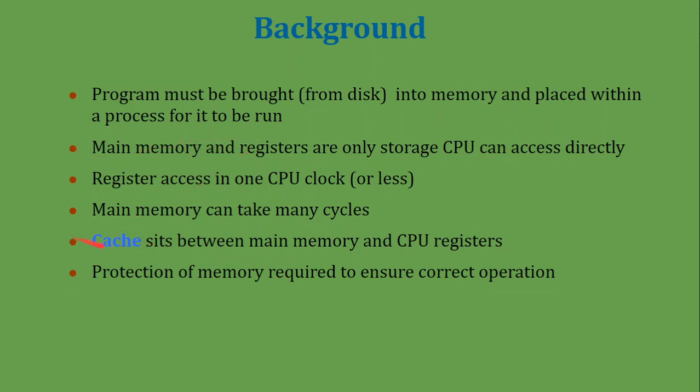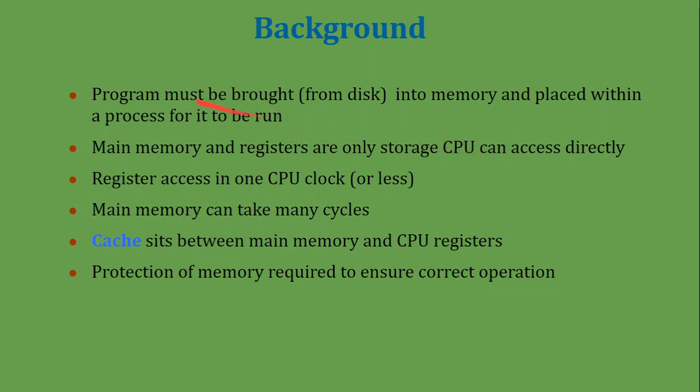So what is cache memory? It is between the registers and the main memory. That means the size of the cache memory is a little bit bigger than the registers, but smaller than the main memory. And not only the size, the speed too: registers are the fastest, then cache memory is faster, and main memory is fast. Secondary memory is slow. So this is the hierarchy of the memory in the system.